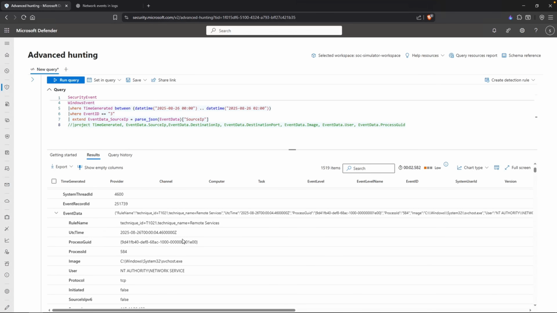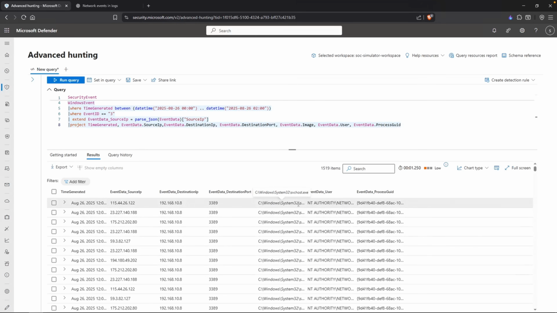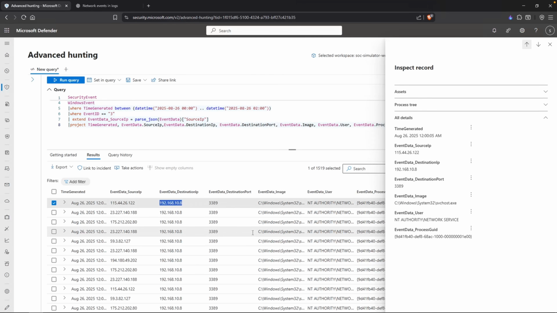But essentially, if you have the luxury of Sysmon data, you can utilize process GUID to identify pretty much all of the activity related to a certain process. Now that we added in those columns, let's go ahead and remove the 2 forward slashes and rerun our query. That is looking really nice. The problem here is that our destination IP contains our domain controller IP. We don't want that, right? We are identifying the outbound connections sourcing from the domain controller. And because we know that the domain controller IP address is